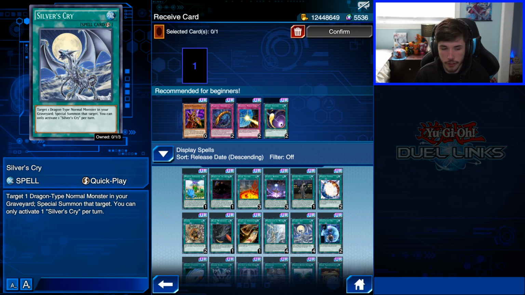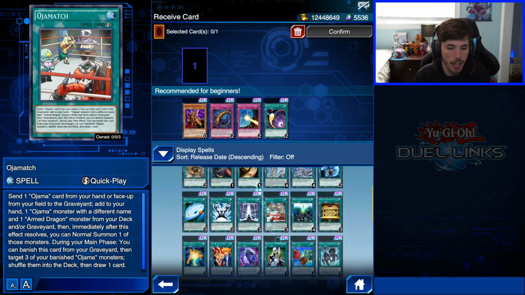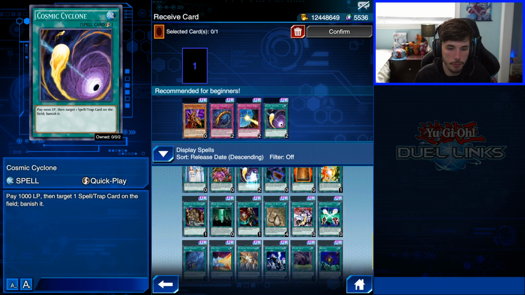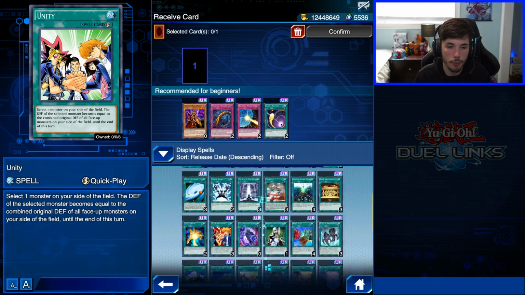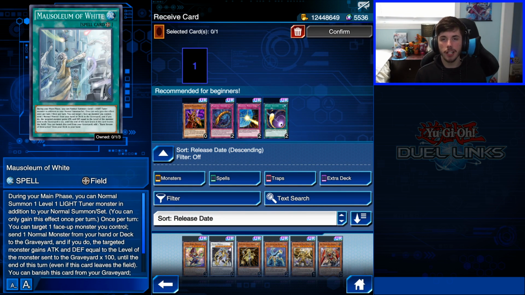If you're a Blue Eyes player, Silver's Cry is a great card because you can target a Dragon type normal monster in your graveyard and special summon it. So you can special summon a Blue Eyes White Dragon or Red Eyes Black Dragon. Very, very cool right there. Miracle Fusion is a super cool card for Elemental Heroes if you want to go for that. But still, I'd say probably go for Galaxy Cyclone or Cosmic Cyclone. Those are probably the two best cards you can go for to get the most bang out of your buck. Now let's talk about monsters,